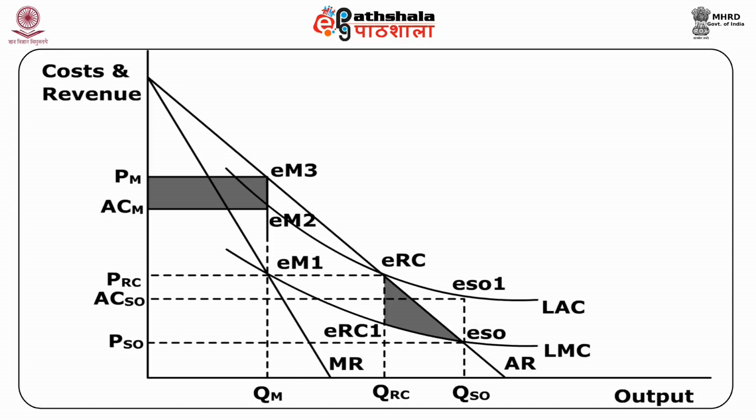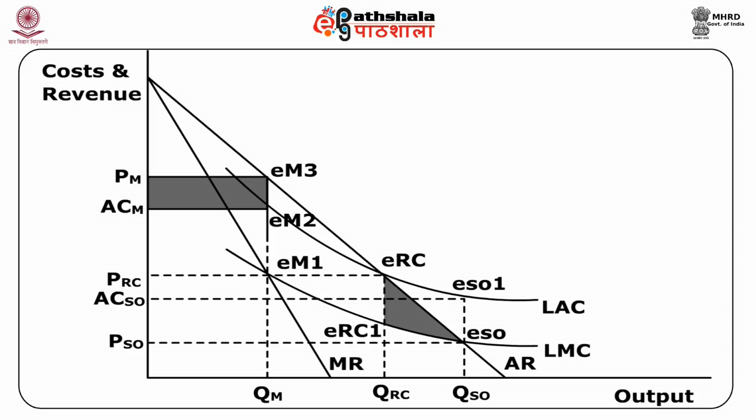The socially optimum output is where P is equal to MC, or QSO. But at this level of output, the average cost of production, that is ACSO, exceeds the price per unit being charged,